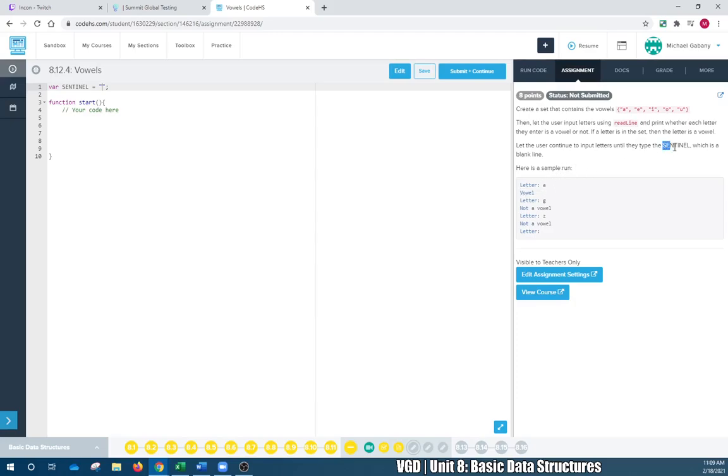Until they type the sentinel, which is a blank line. Okay, so that's what I was looking at, because I saw that. So what this is saying is let the users continue to input. Now, I'm actually going to work on this first. So they're going to keep going. That means we have to use a while loop, and while it's true, right, they are going to be asked to